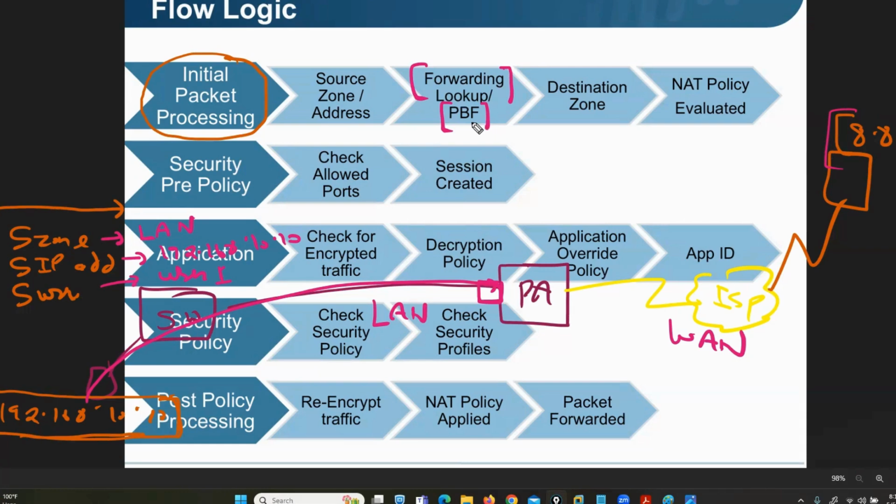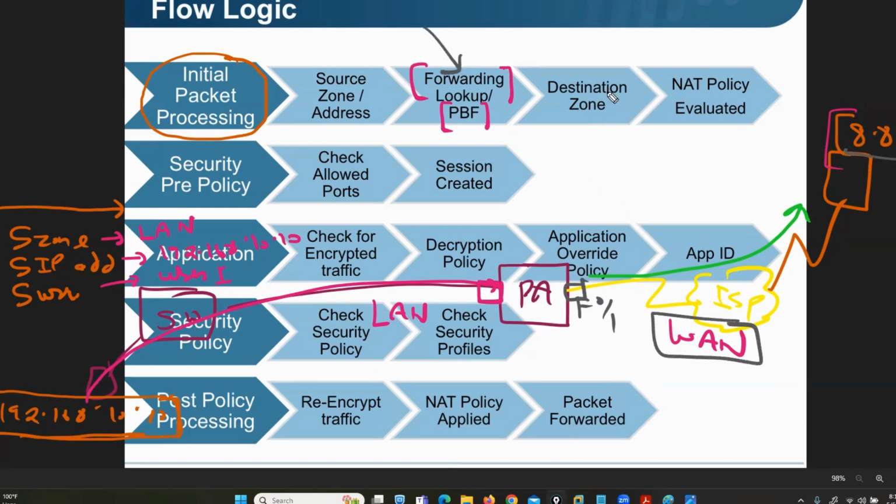In your scenario, you have a default route towards the ISP. Based on your routing table, the firewall can identify the exit interface. So this FastEthernet 0/1 is the exit interface to reach 8.8.8.8. This interface is part of the WAN zone. Based on your forwarding lookup,